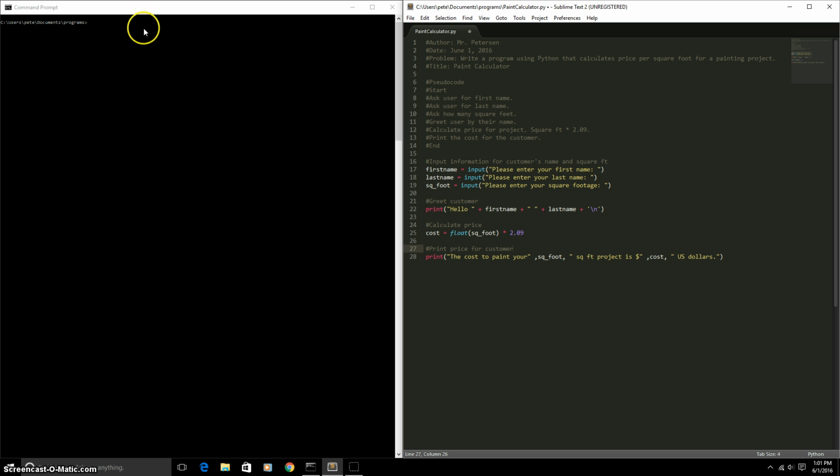So we have that information on there, and when we look at this, it says, well, is this going to affect our code at all? And it doesn't. Anytime you start off with these pound signs, then we don't have to worry about it. It just skips right over it. So I'm going to go to my command prompt and type in py, and I called this paintcalculator.py,